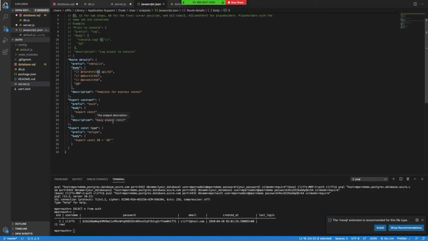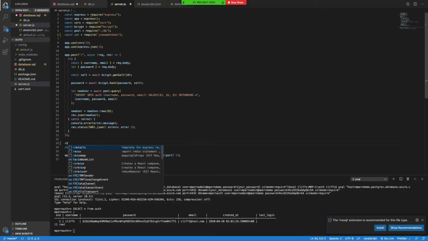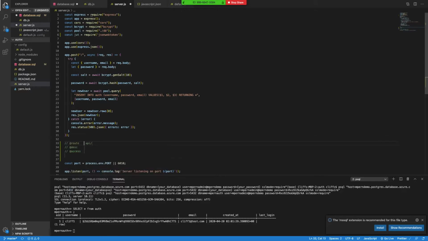Sound interesting? Yeah. So to see that in action, when I do it, I do our details. Let's see how my cursor starts on $1. This is going to be a post route. I tab again, it pops over to the next stop. There's going to be an API. We're not going to do API yet, so it's not an API route yet, so we're just going to remove that and do /login. For now, we might change that. Tab again, this is a route to authenticate